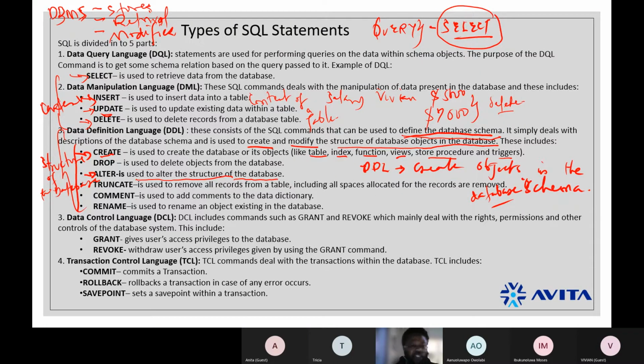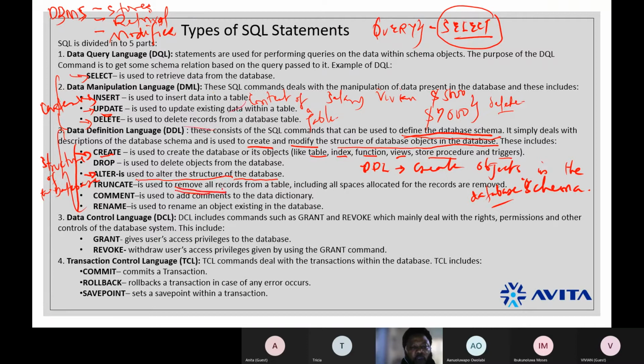But when it comes to the structure of the database, we do not update; we alter. From the word alter, it means to make a change. So we use the alter statement to change the structure of the database. Are you following? Then the next one is truncate. It says truncate is used to remove.